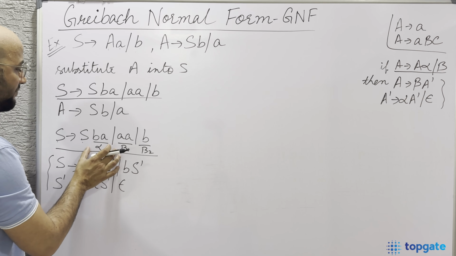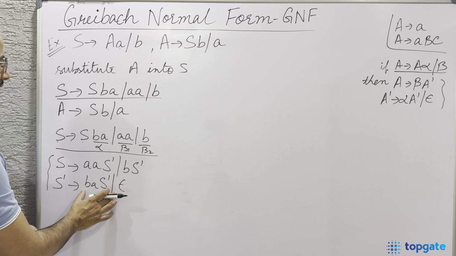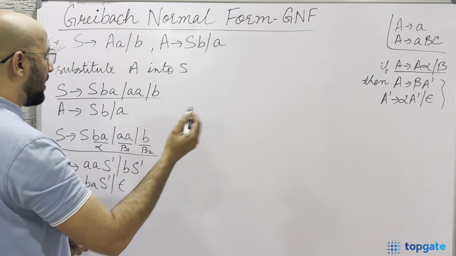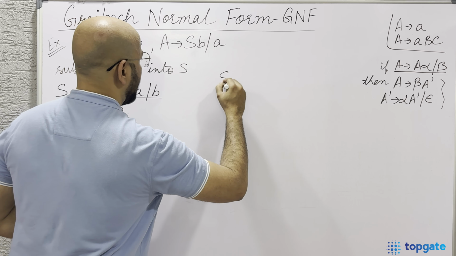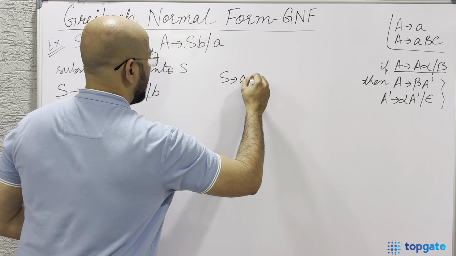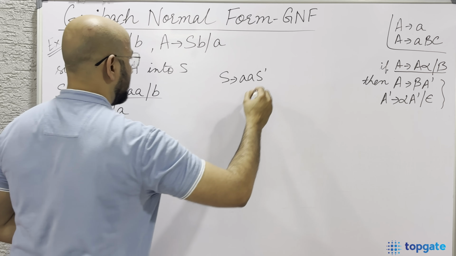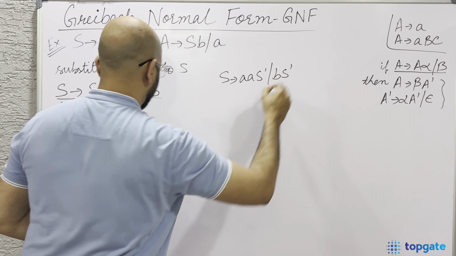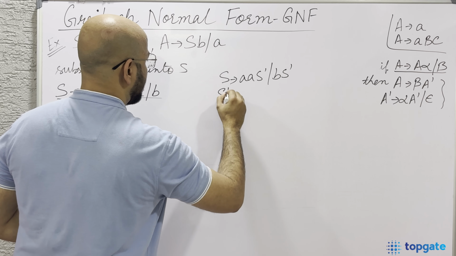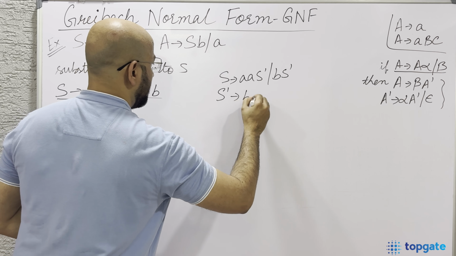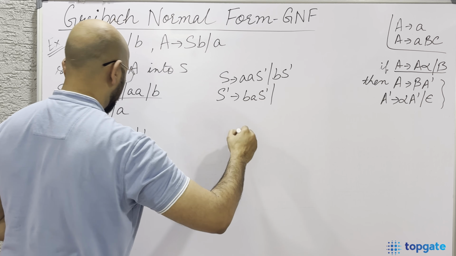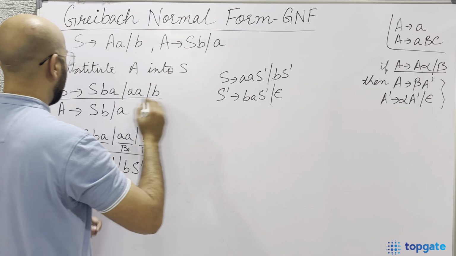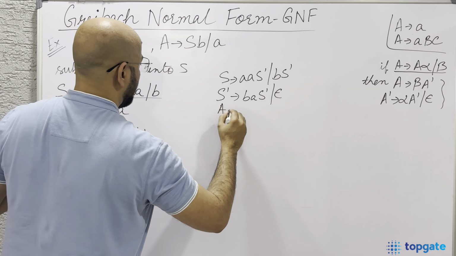This is with left recursion and this one is without left recursion. So the grammar that I have now is S tends to AA S dash, B S dash, and S dash as BA S dash slash epsilon, and then we have this A tends to